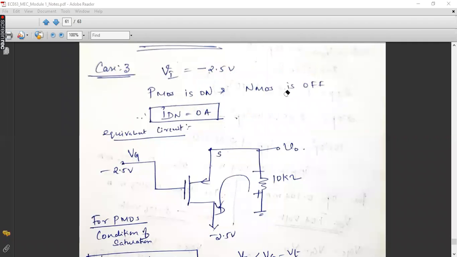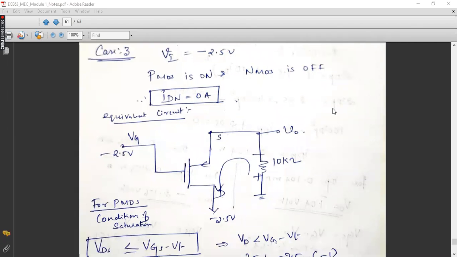Now all of you draw the equivalent circuit. Please see that the supply voltage here is negative. At the drain voltage you are having negative 2.5 volt. Accordingly you can mark the current flow. Recall the concept, current will be flowing from high to low potential. Considering this loop, you can find the direction of the current and mark the potential drop across the 10 kilo ohm resistance. The polarity you can mark.